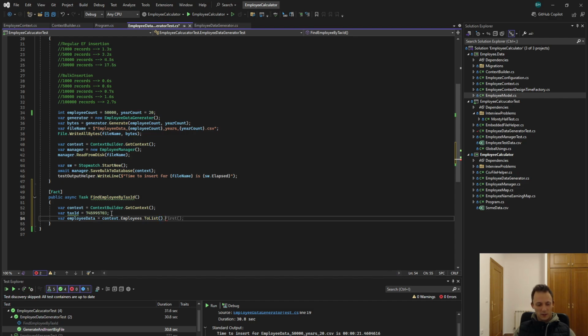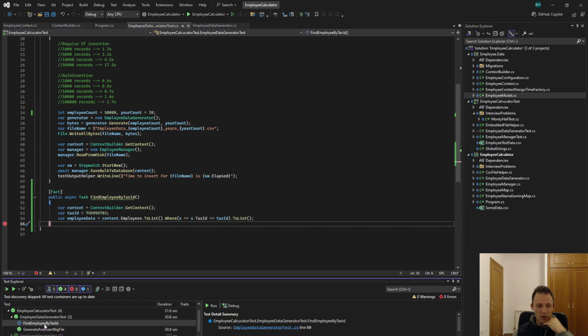And then we will put a where clause, where employee tax ID equals tax ID, and then again to list. We'll notice that here we have a list. So let's run this test and see how long it takes to run. As you can see, it took 7.7 seconds